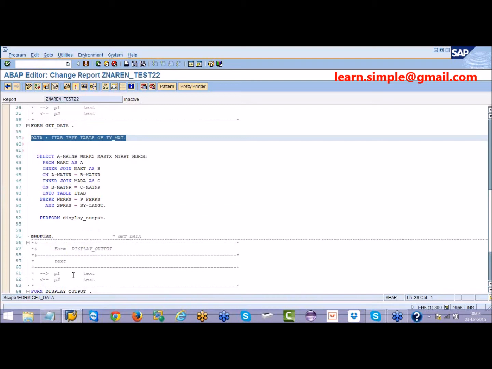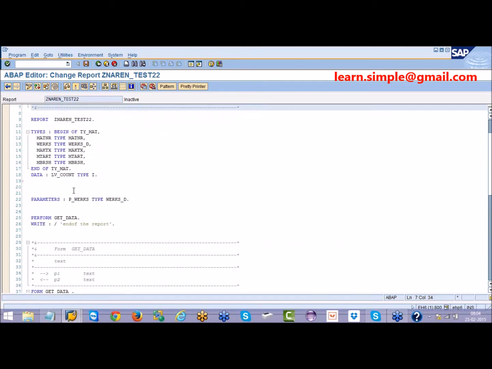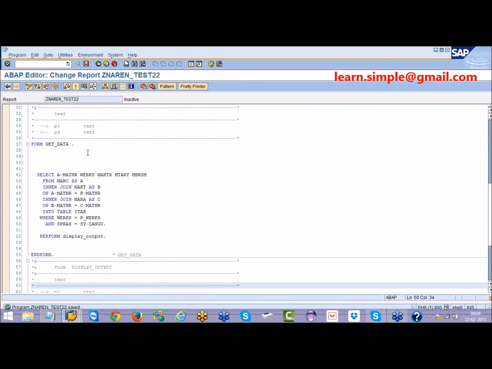Then we can see how to pass an internal table. To avoid this syntax error, I will place this itab on the top. First I will tell you how to pass a variable, then how to pass a work area, then how to pass the internal table. So first we are going to learn how to pass a variable.